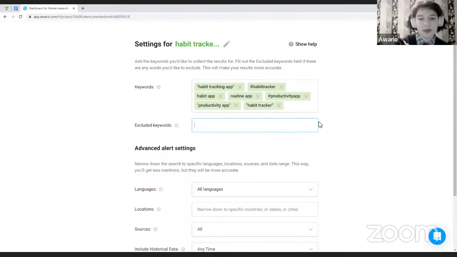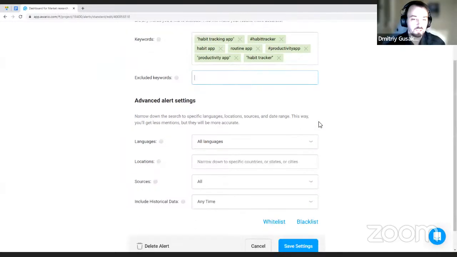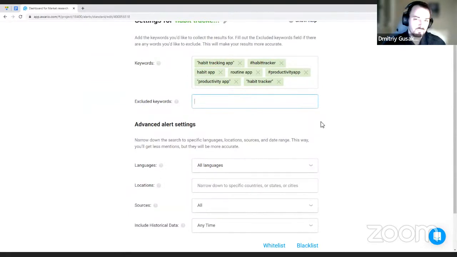And as you see, we didn't set up any advanced alert settings, but of course, I expect if you are focusing on a specific country, language, or maybe social media platform, you could do that. Yeah, absolutely. If you feel like you need to tweak anything, you are more than free to do that. But again, generally speaking, there is no need. Just get the keywords, because the opinions matter from everywhere, pretty much.